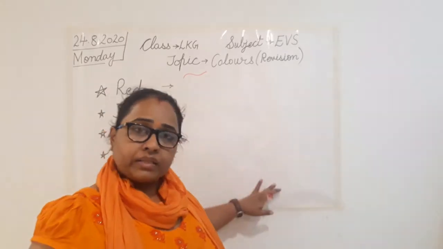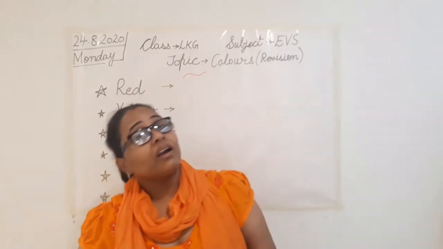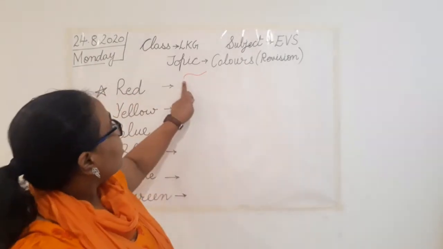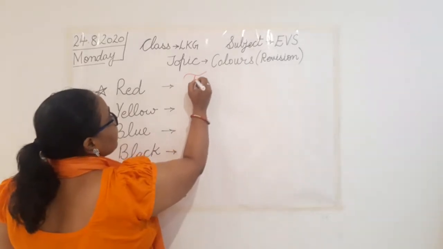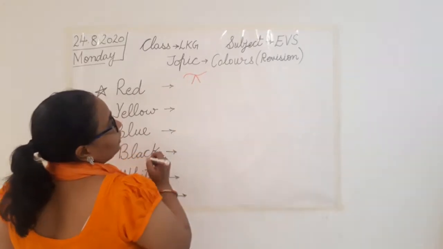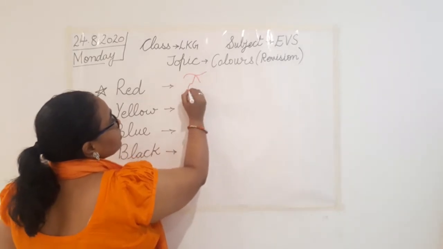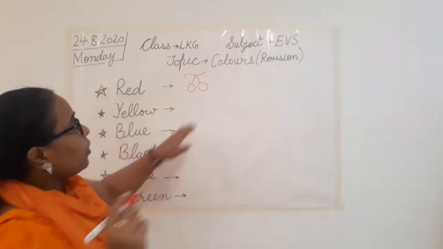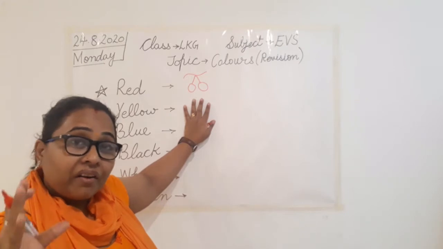First I'll make you understand on the board. Then we are going to do this practice in our art files also. So it will be a fun for you all. So first draw a wavy line. Then from same point draw two slanting lines. पहले एक wavy line बनाएंगे and we'll draw two slanting lines and we'll draw cherries like this. So what are these? Cherries, and cherries are red in color.